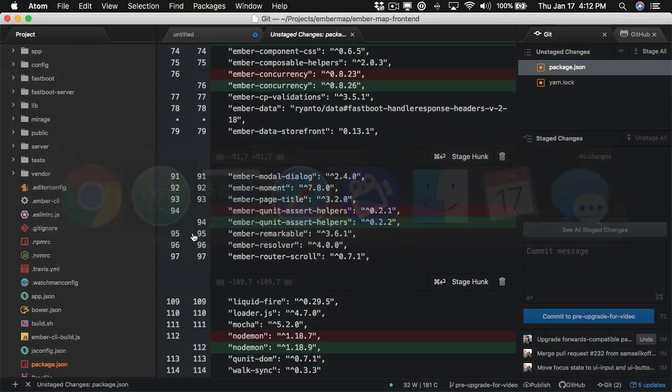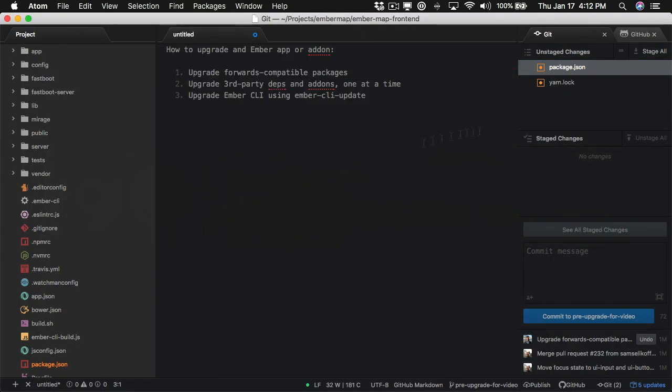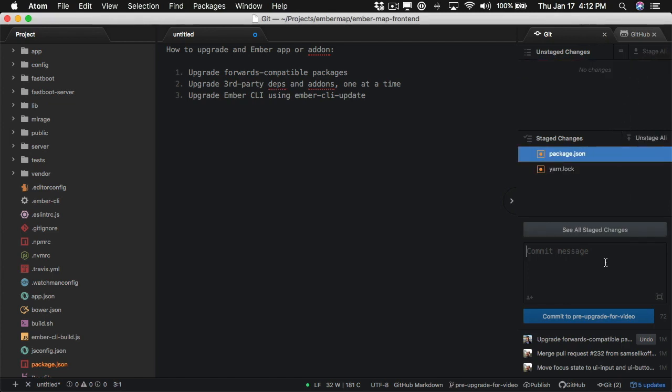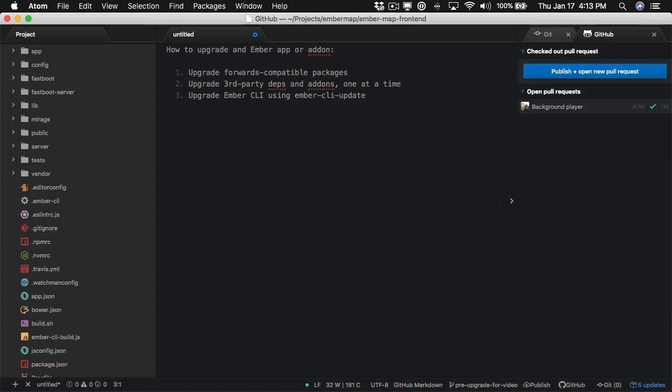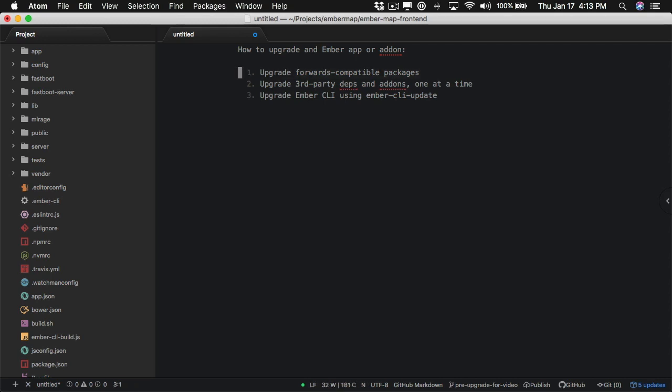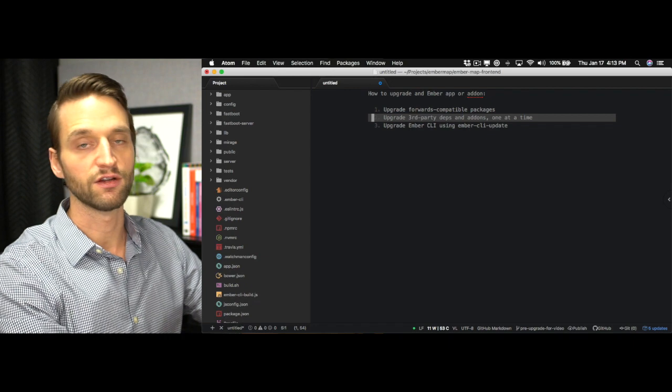So again, that is really the first step. And at this point, I would commit this. So we can go ahead and do that just for the sake of the video with a message like upgrade forwards compatible packages. So that's step one. The next step is to go through and upgrade our third-party dependencies and add-ons one at